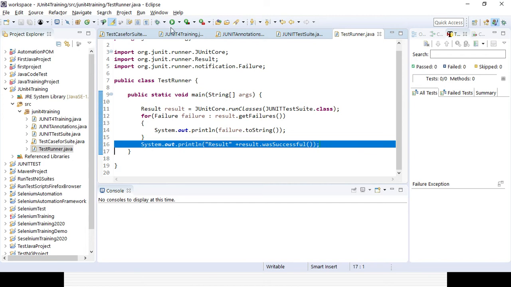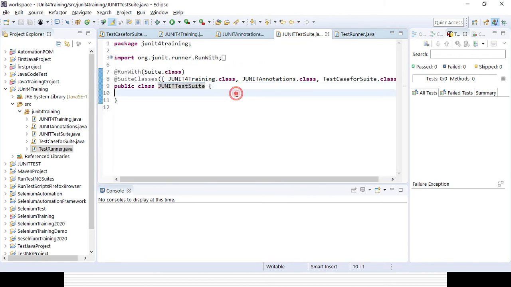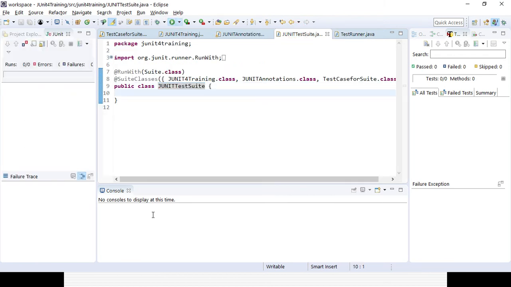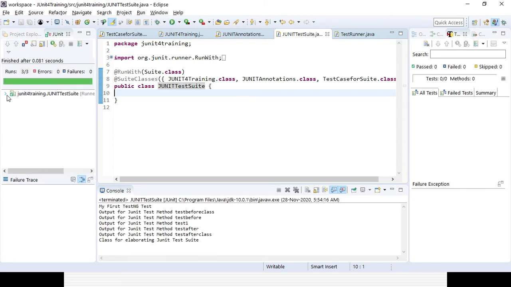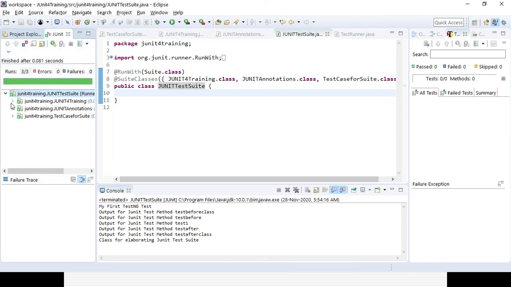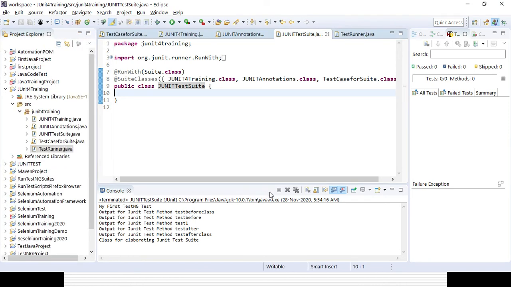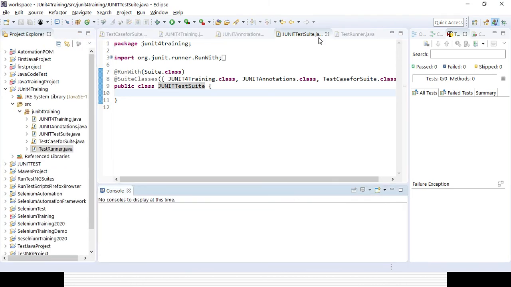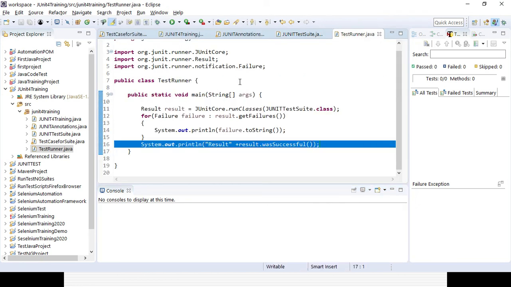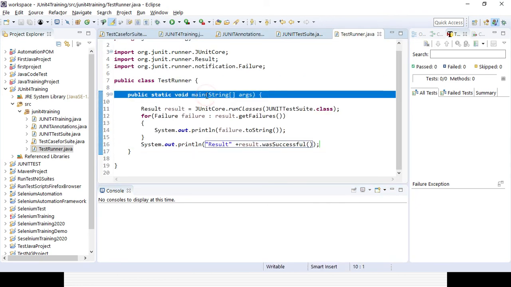Now if you run your program, since all the test cases passed, it will not open JUnit. Running from here, the output will be in the console. But I have created the test runner class here, which is a Java class, not a TestNG class. That is the reason the main method is there.